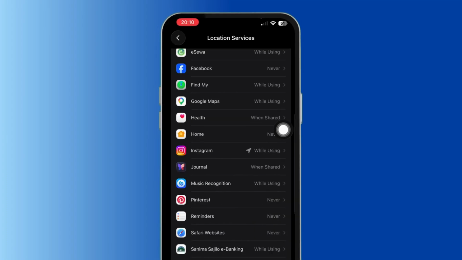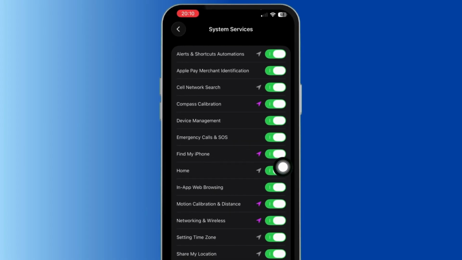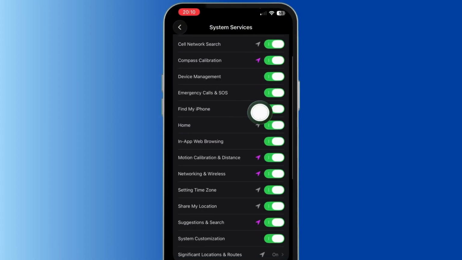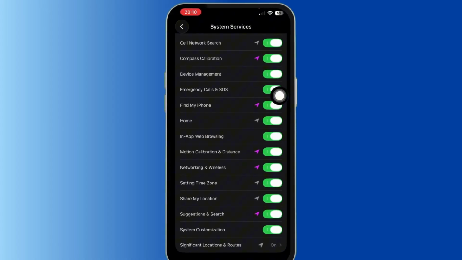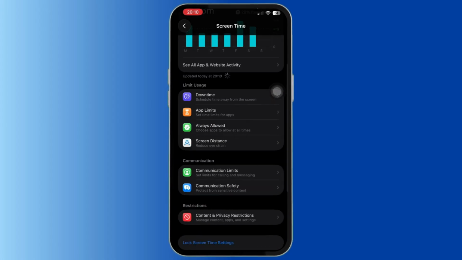Now head back, scroll below, tap on System Services, and just like that, make sure you tap on Find My iPhone, and then make sure it is turned on. If it's still not working, you can simply head back to Settings, tap on Screen Time, scroll below, tap on